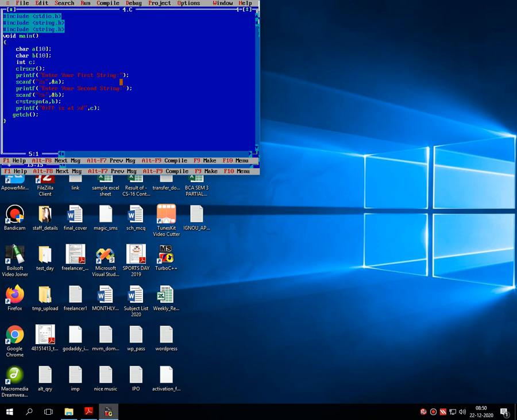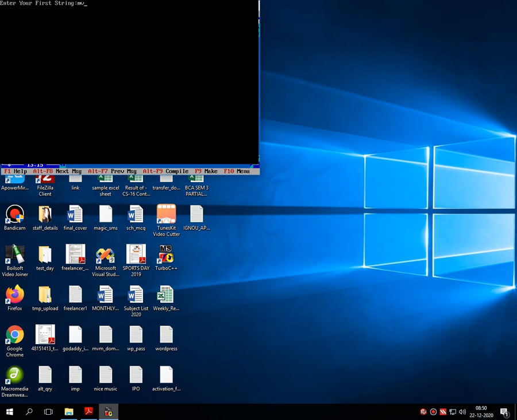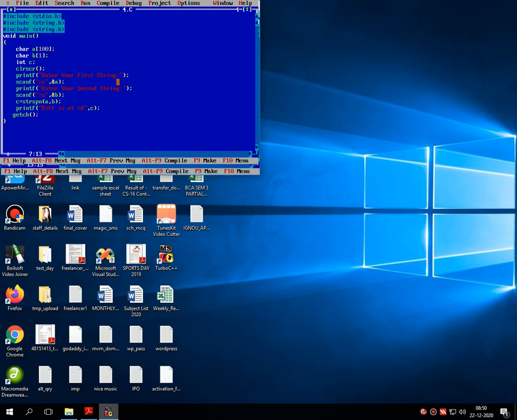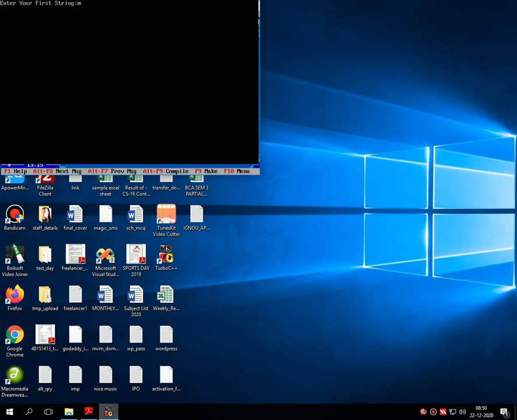Let me increase the size of these two strings, 100, 100, and then let me input MVM college, works for a small string, MVM MCA. There is a difference between these two strings that starts from the position number 1 and it displays onto the screen. So as per the logic and syntax, this entire program is correct.